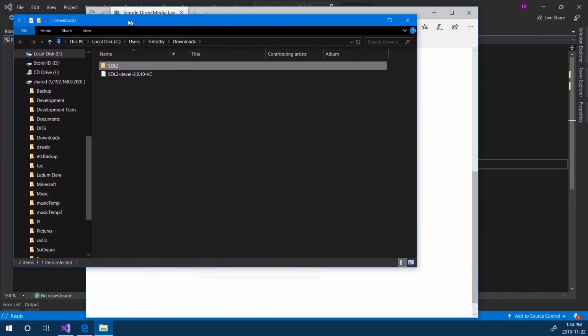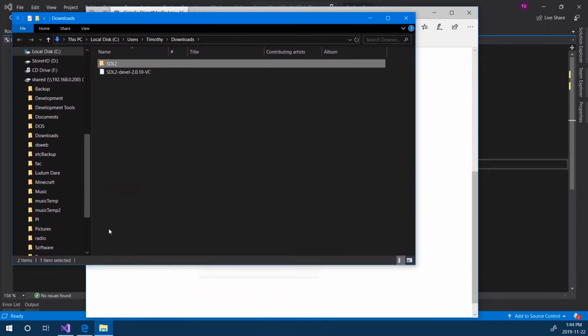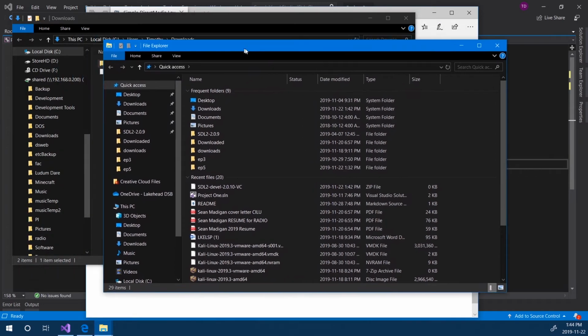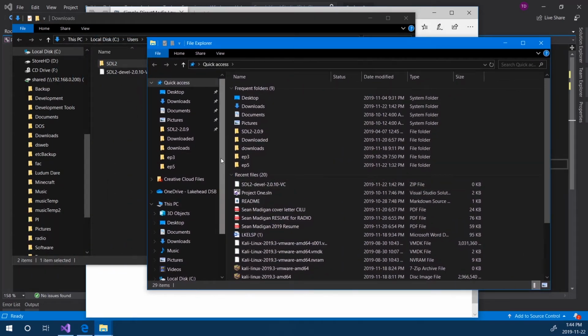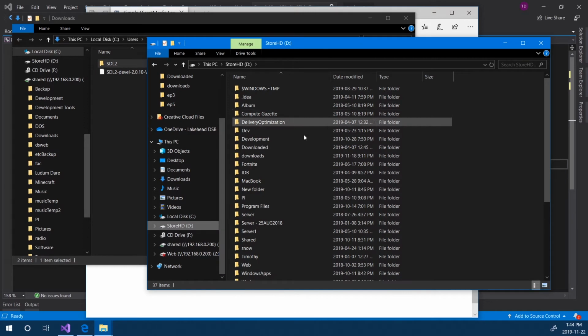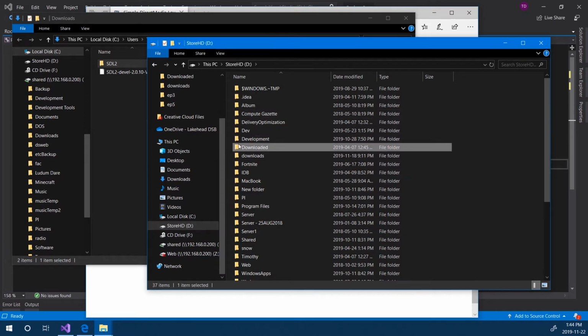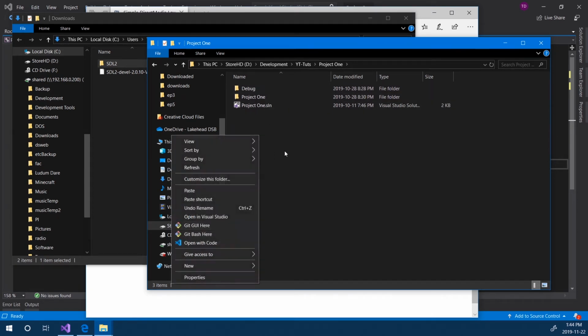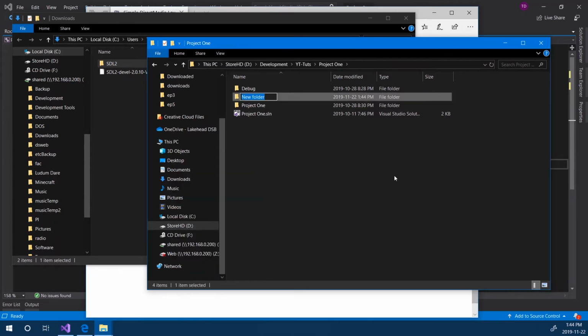Alright, so what we want to do to make it easier for us is open up the folder that we have created our project file in. For my instance, it is here in development, and under project 1. You don't go further into this, you just go to where the solution is, and we will create a new folder here, and this is where we'll store it. So let's create a folder of